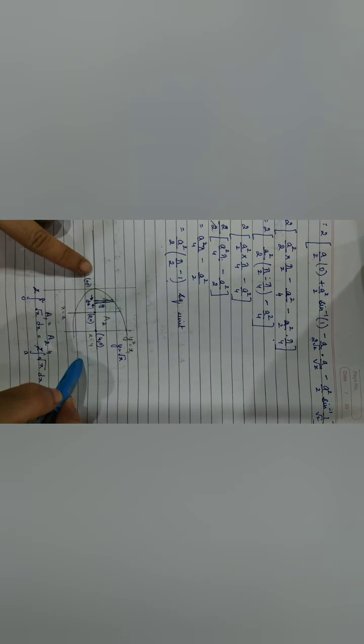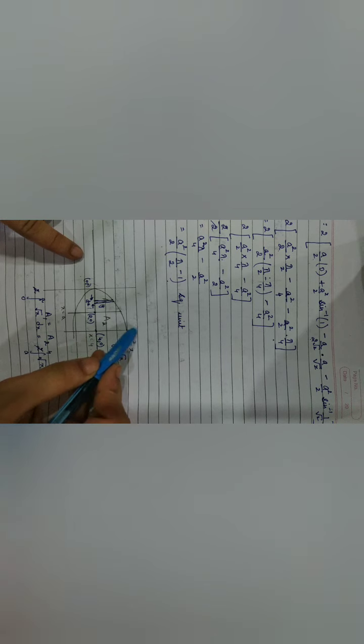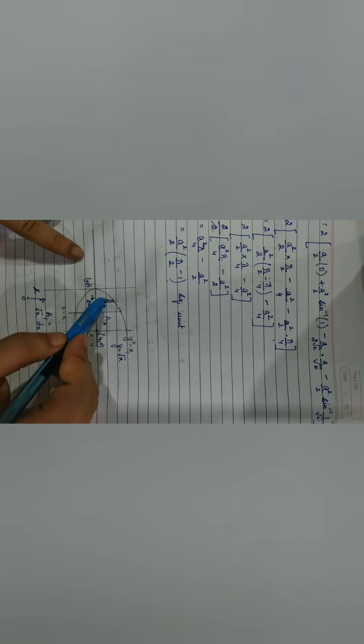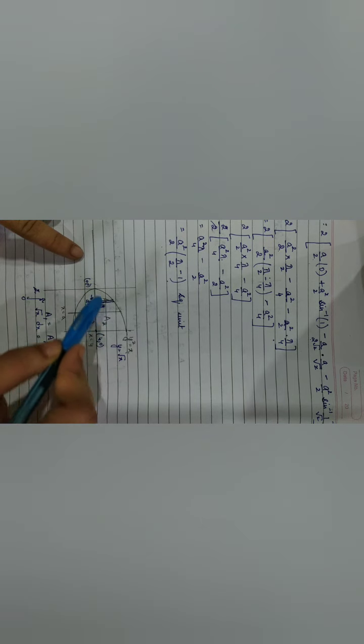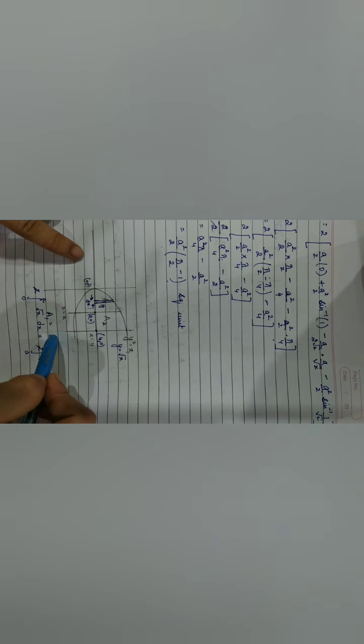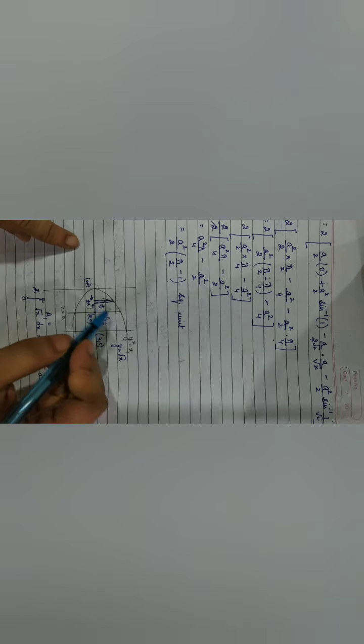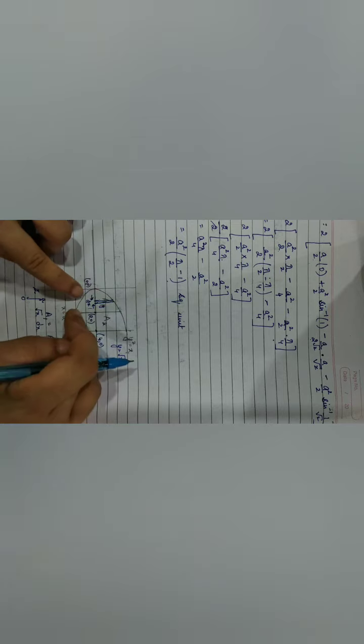Now this question says that this particular area bounded by the parabola and x is equal to 4 is divided into 2 equal parts by a line x is equal to a. So this is a line parallel to the y-axis and the area is now divided into 2 equal parts. So let me take this particular area as a1 and this entire area as a2. So I'm given a1 is equal to a2.